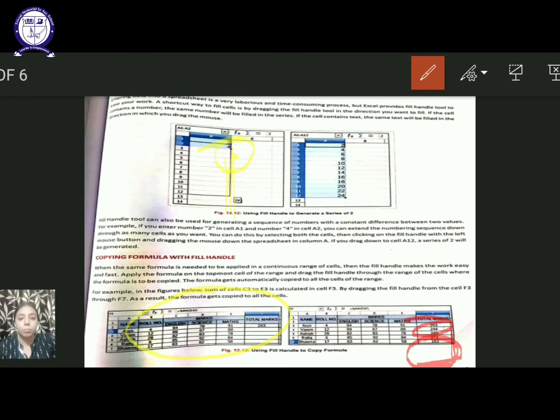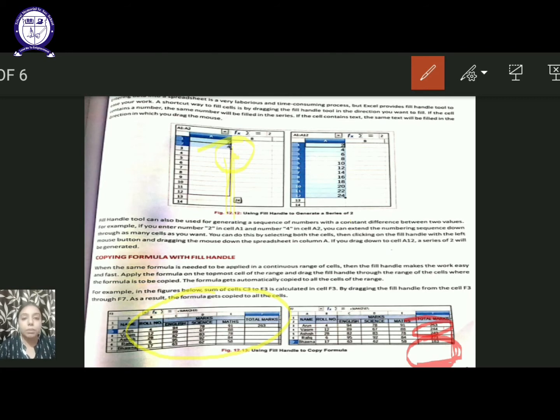I hope these topics are clear to you. In this session we have learned about the different topics. Let us revise them once again. We have learned what is a spreadsheet. We have learned the common formatting and the formatting in MS Excel. That is, when we are talking about the formatting in Excel, we can have the formatting on the range of cells using the decimal places. We can have the formatting using the labels. We can have the formatting using the scientific values, and we can have the formatting with the date and time.